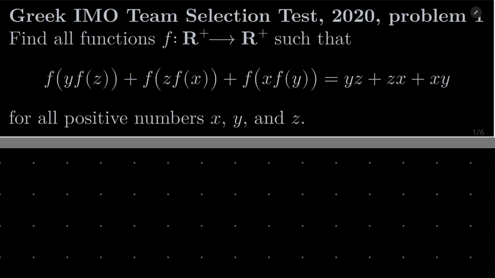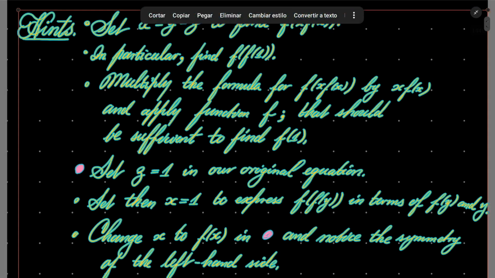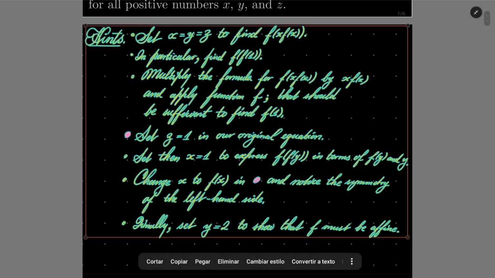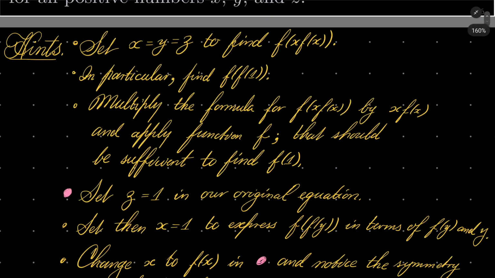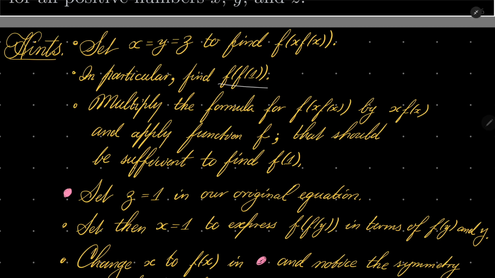It's a very nice functional equation, a bit complicated. Here are my hints, which I will follow. First, set x, y, and z to be the same to find f(x)f(x). In particular, you should be able to find f(1). Then multiply the formula for f(x)f(x) by x times f(x), and apply function f on both sides of this equation. That should allow you to find f(1),